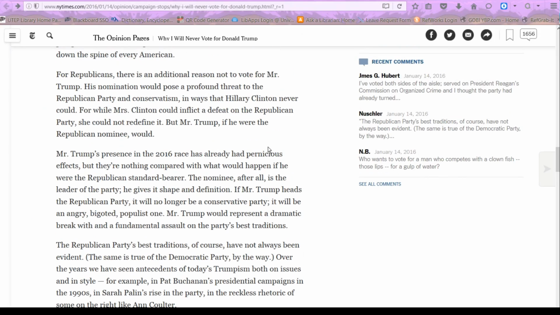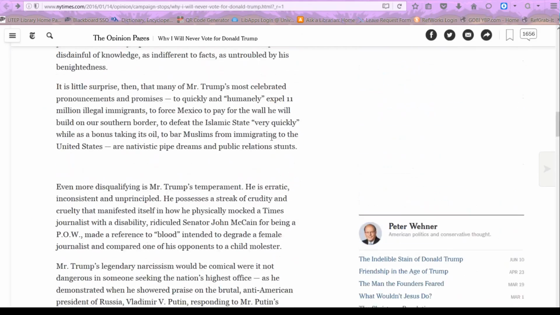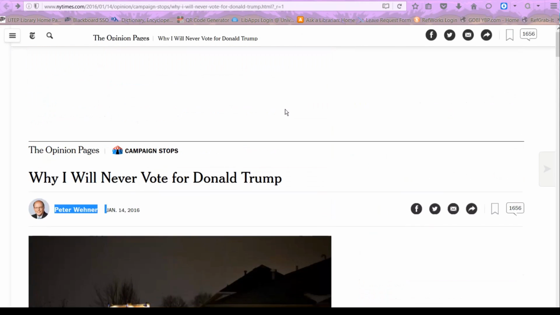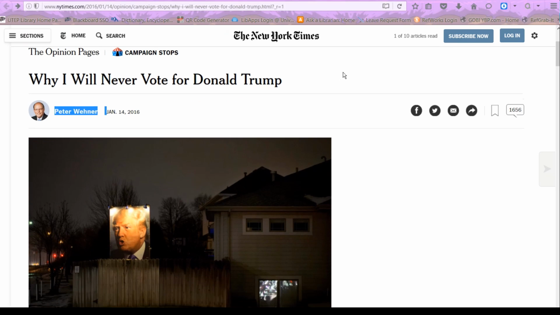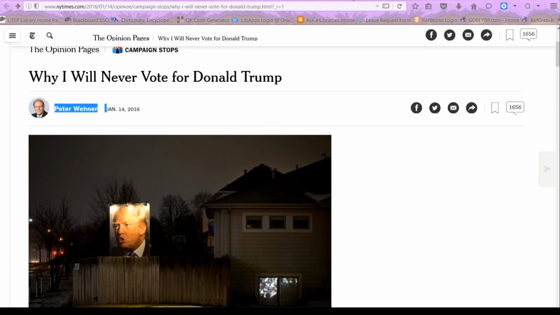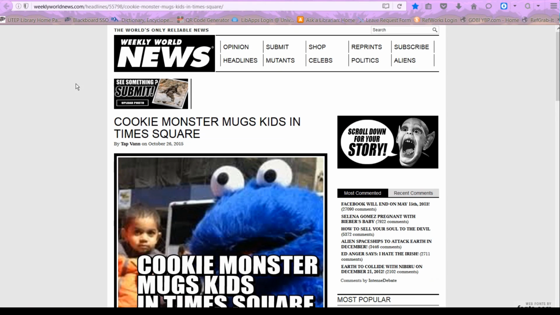Has the information been reviewed or refereed? Well, in this case, it was probably reviewed by an editor. So, for example, if we're looking for accuracy, we want to know if it's true or not. So let's say that you run into this article: Cookie Monster mugs kids in Times Square. Well, is this